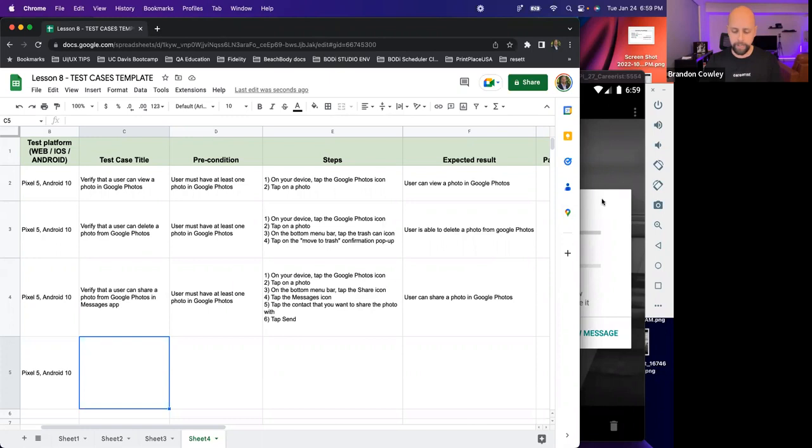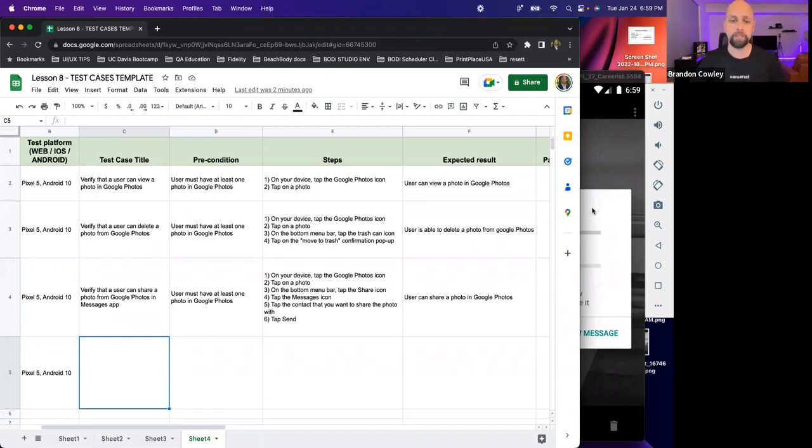So if I say share, there's a lot of ways that you can share a photo, right? We're not going to write a test case for every single one of them. But in this scenario, if I very specifically want to lead someone down this path of sharing via Messenger, then yes, I would want to say using the Messages app.